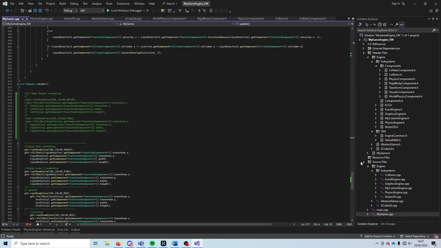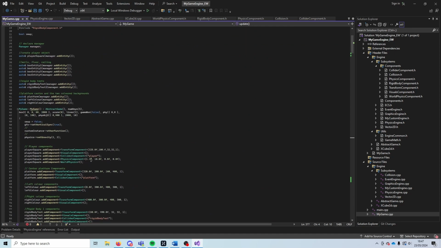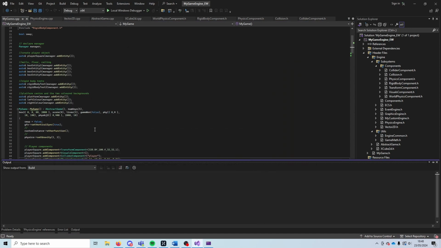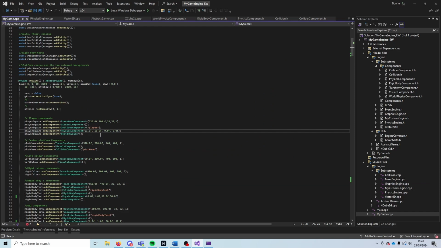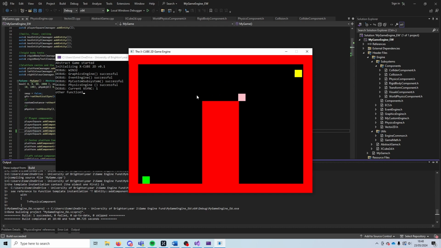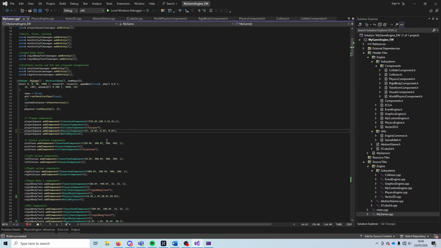But yeah, I've shown how I can change the bounciness, but I'm just going to say how I can change the weight of the player square, for example. So I'll show you how it moves if this is the weight at 1.1, and I'll show you if I move it to 1.6, for example. It's very much, oh, sorry, that might not have been a big enough jump to show the difference, but if I was to set it to 3,